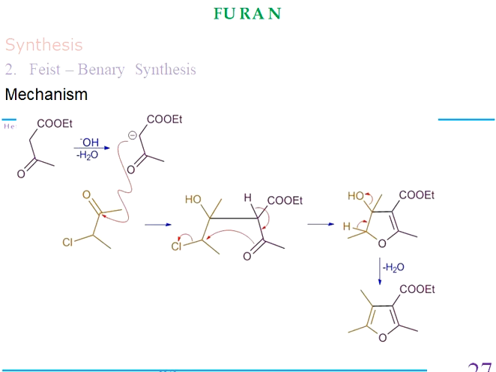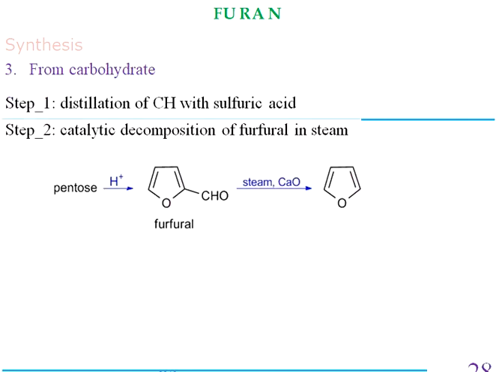So further rearrangement occurs, and the proton is released. This carbonyl oxygen attacks the carbon which has chlorine and eliminates it. And it forms a five-membered ring here, but it is not stable. So in order to stabilize it, elimination of one water molecule takes place here, and you get an aromatic five-membered substituted furan. Now the next thing is another synthesis, and this is done by